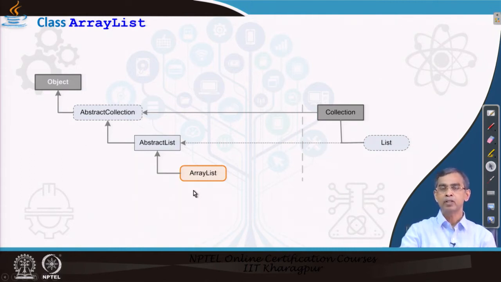The different methods which are declared in List or Collection are also there by virtue of implementation. In other words, ArrayList implements all the methods which are declared either in AbstractList, AbstractCollection, the Collection interface or the List interface. Now, we do not have to bother about the implementation, it is already done for you by the Java developers. We will only access them for our usefulness.